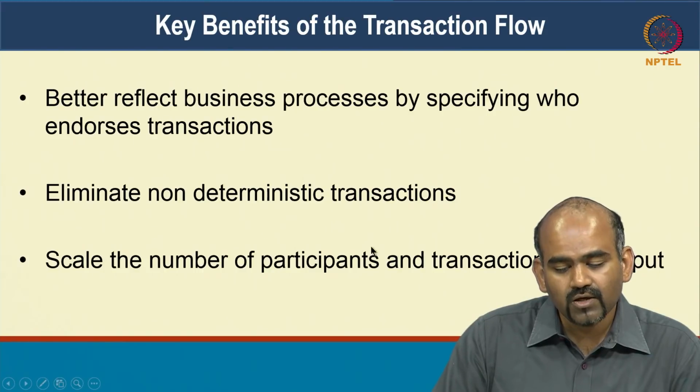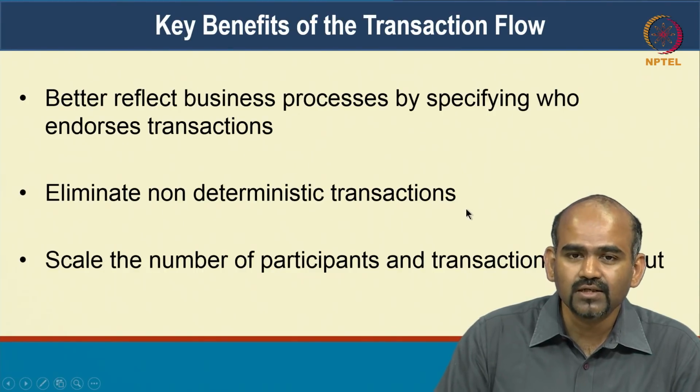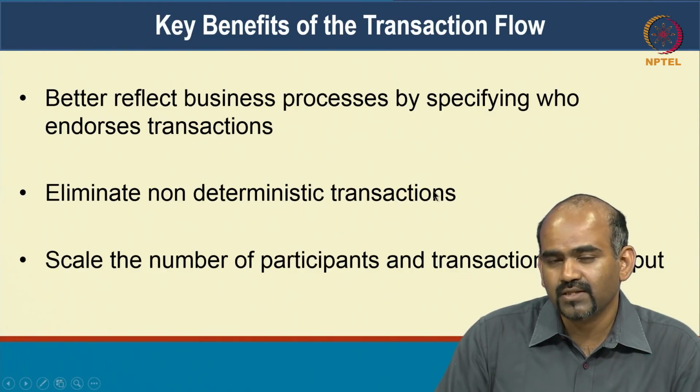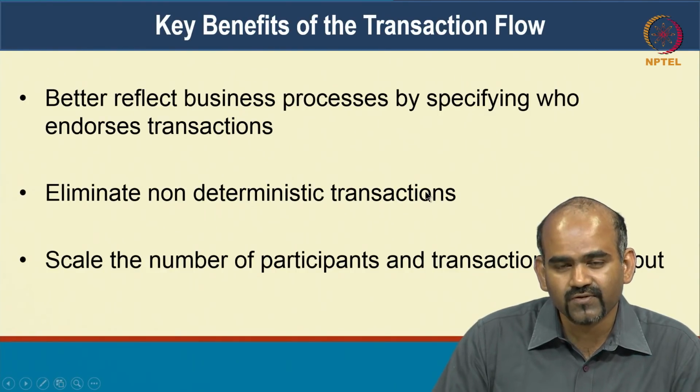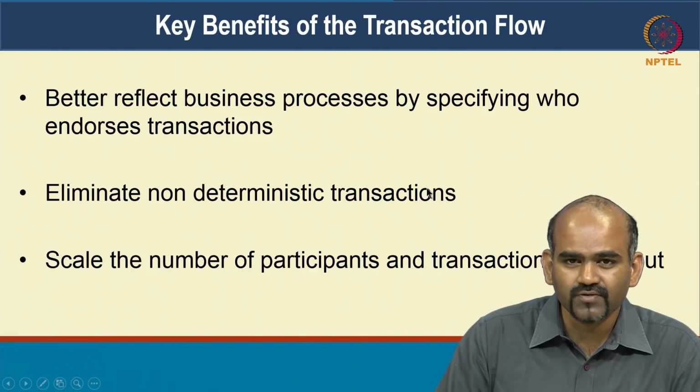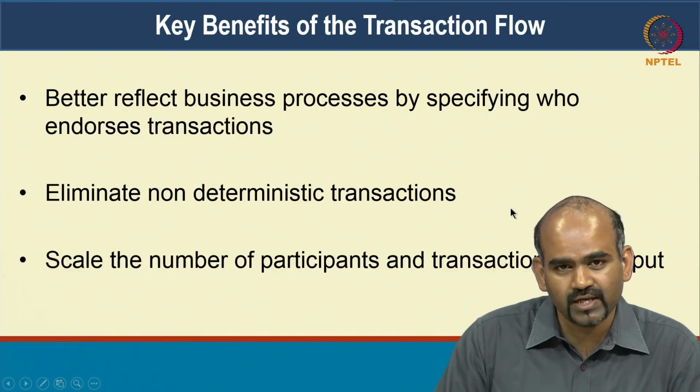So we want to eliminate non-deterministic transactions very early in the transaction flow. So if the 3 endorsers, or however many endorsers, execute the transaction first, they can find out that, okay, this is non-deterministic, 3 of us got 3 different answers, so we're not going to let this into the ordering at all. So it doesn't even get to the next phase, it's thrown away right there.